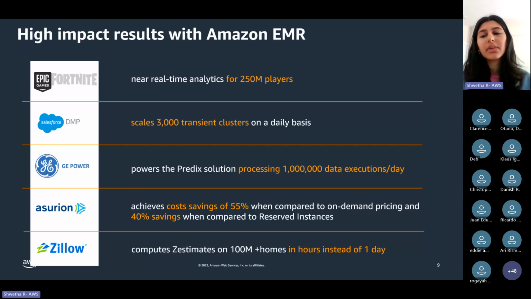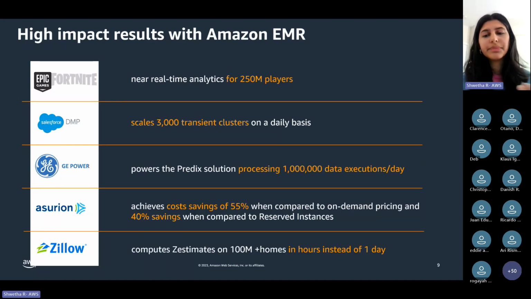Asturion uses Amazon EMR to gain visibility from structured as well as unstructured data sets to learn customer behavior and insights for over 290 million of their members. They quickly realized that they were able to obtain a lot of cost savings. In the long run, approximately 55% of their costs reduced from when they were running on-prem. They also utilized on-demand instances as well as reserved instances for their different pricing to be able to save costs